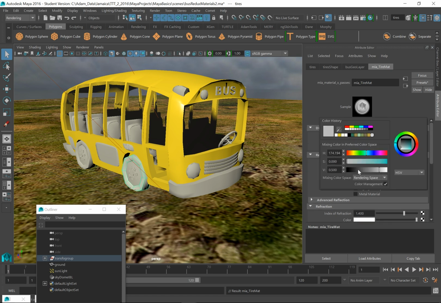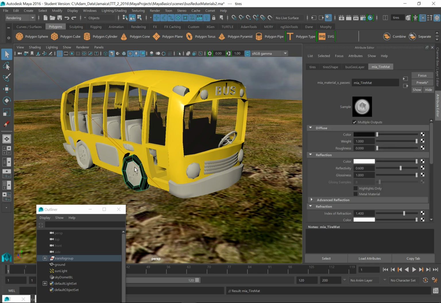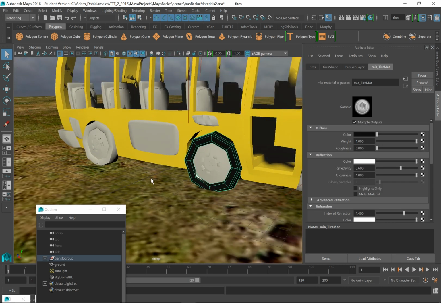Giving it a dark gray color, more like a tire. I'm going to change the color values, make it darker, a very dark grayish color, as you can see there. And we're going to